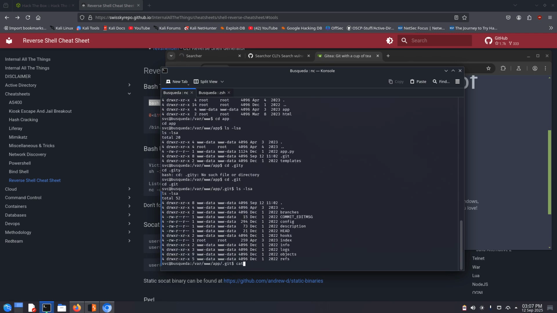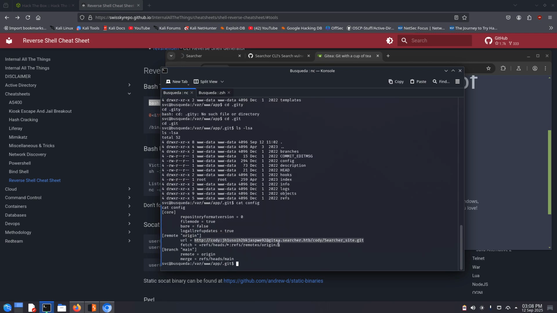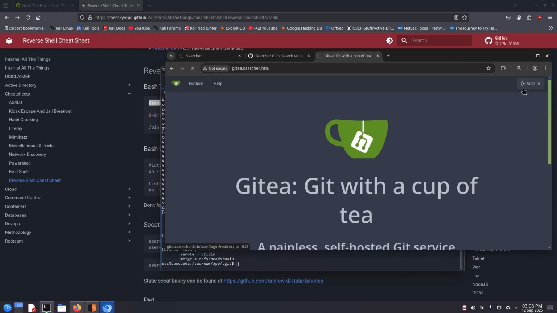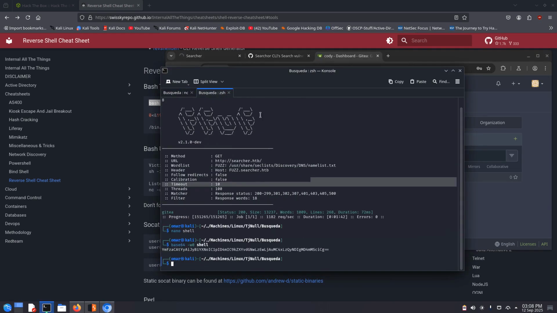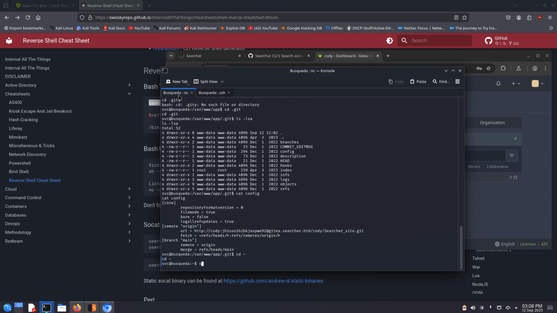And let's add the config file, and you can see there is a Gitea password for this user called Cody. So let's log in as Cody. And we actually logged in, but what most users might not think about on the first instance is to check if this password is reused. So let's check the users in home,